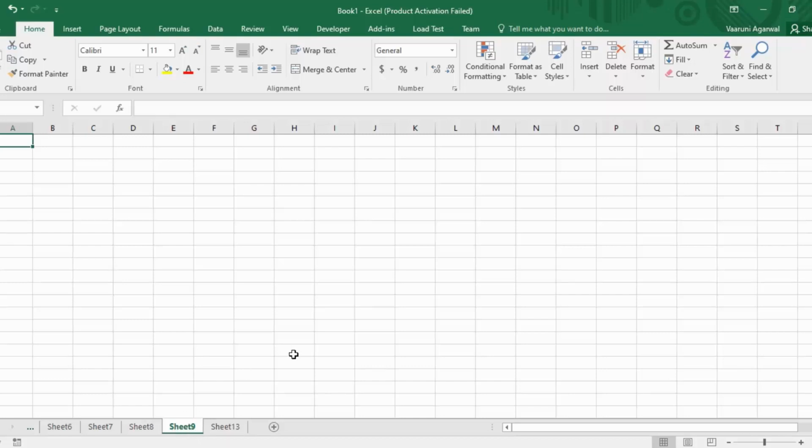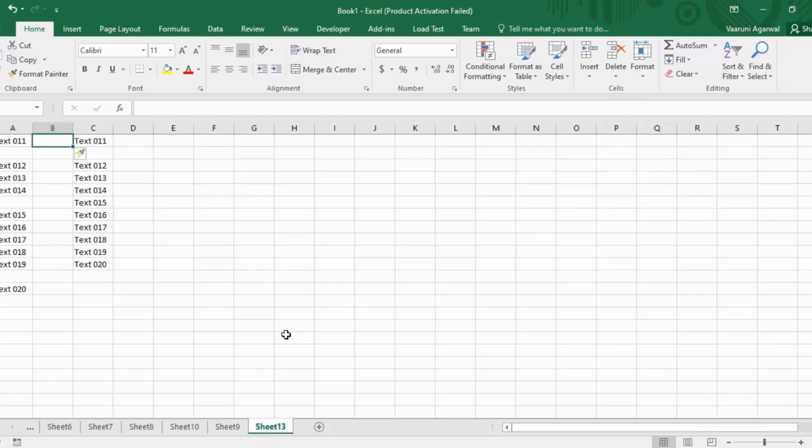Similarly, currently I'm on Sheet9. If I go and insert a new sheet, then Sheet9 shifts towards the right and a new sheet with the name of Sheet10 is inserted at its place. So that's how it works. Whenever you want to insert anything, the shifting is done to the right side or to the downside. These are the two important things that you must keep in mind.